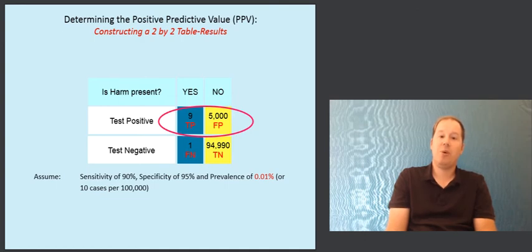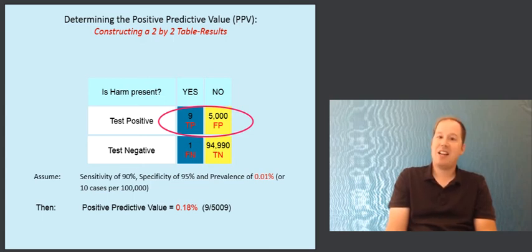So here we've circled what would be the PPV, the number of true positive test results divided by the total number of positive test results. So 9 will truly have the disease, and 5,000 do not, but the total number of people testing positive is 5,009, 5,000 plus 9. And so 9 divided by 5,009 gives us a positive predictive value of 0.18%, a very low likelihood. Think about this for a moment. Basically what it's saying is if you get a positive test result, the odds are 5 times lower than 1% that you actually have the disease.